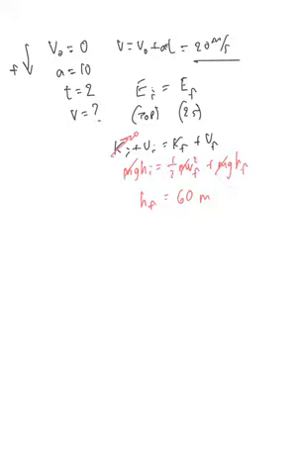Then for part 3, use conservation of energy to get the speed of the rock just before it hits the ground. So we'll go back to the energy equation, E initial equals E final, conservation of energy. This time, the initial energy is still referring to the top. The final energy is now referring to when the rock hits the ground. So with K initial plus U initial